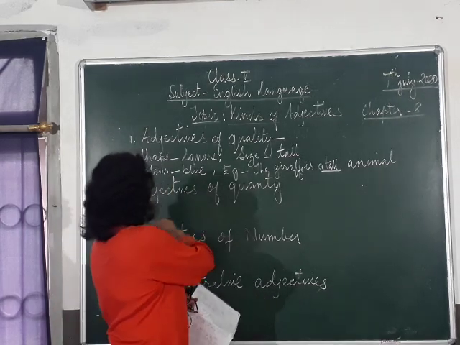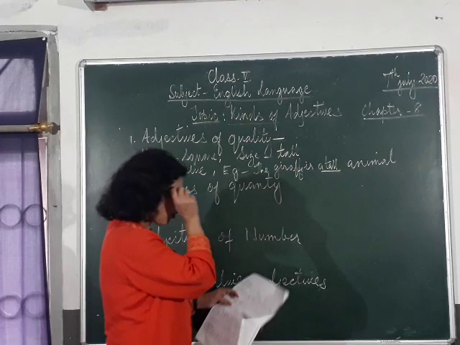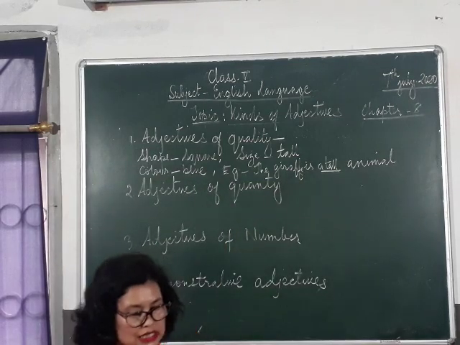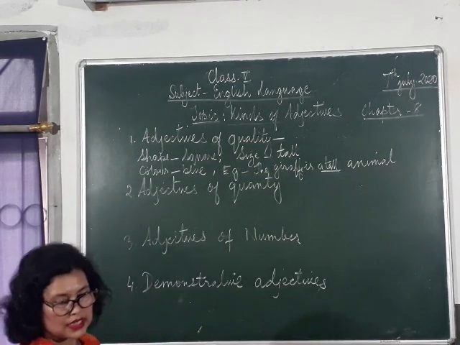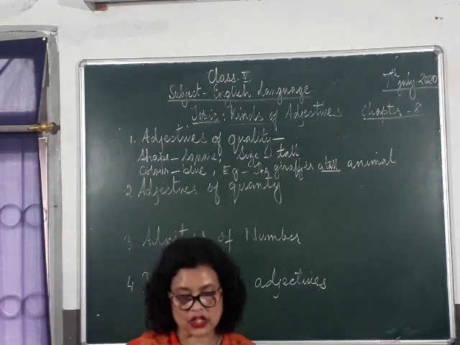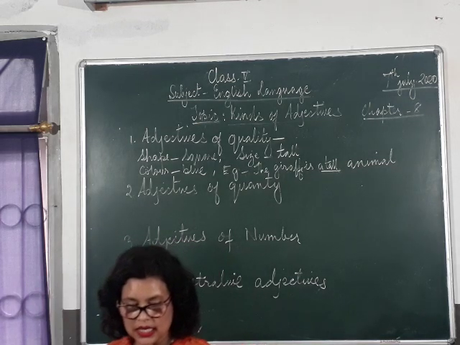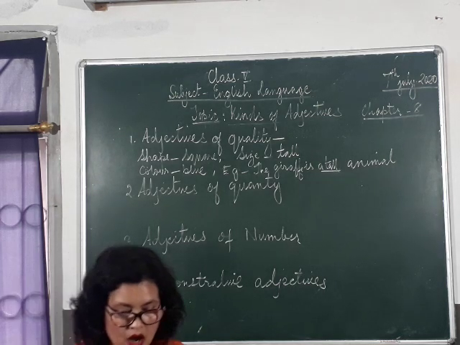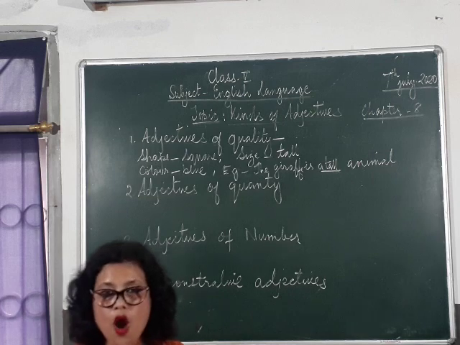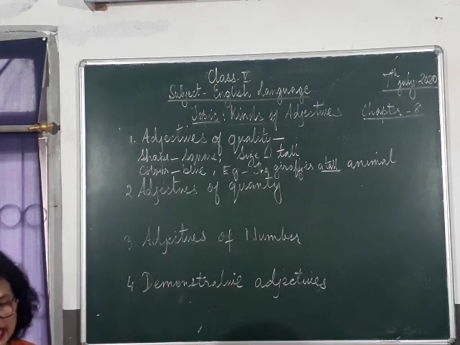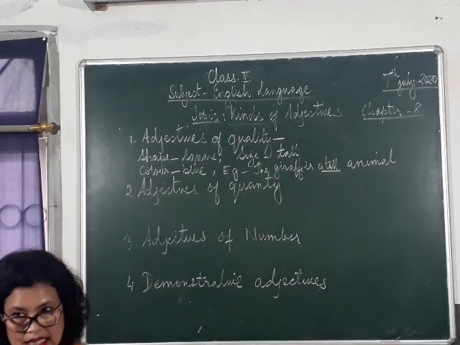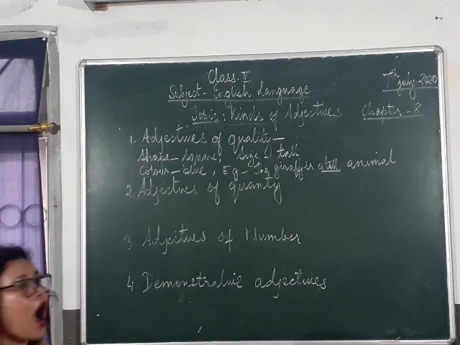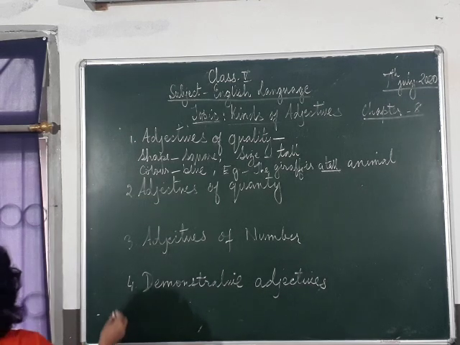All right. Now the second one is adjective of quantity. What does quantity mean? Amount. It answers the question of how much. The adjectives of quantity indicate the amount of something or show how much of a thing is meant. It answers the question how much. For example, I'm going to give